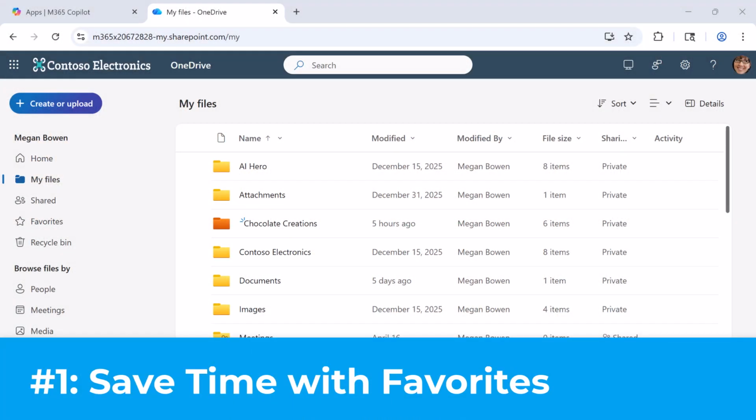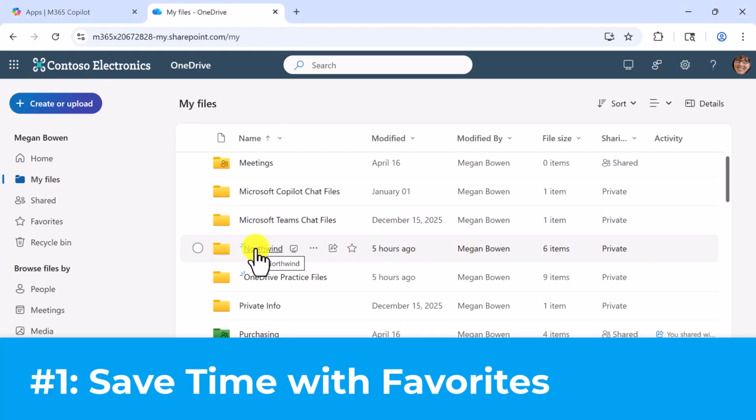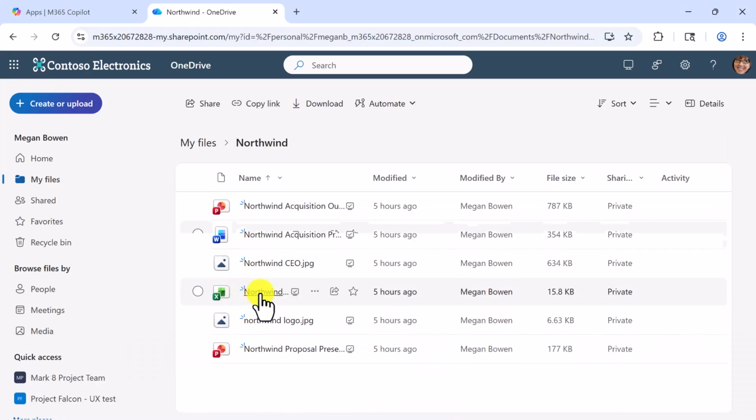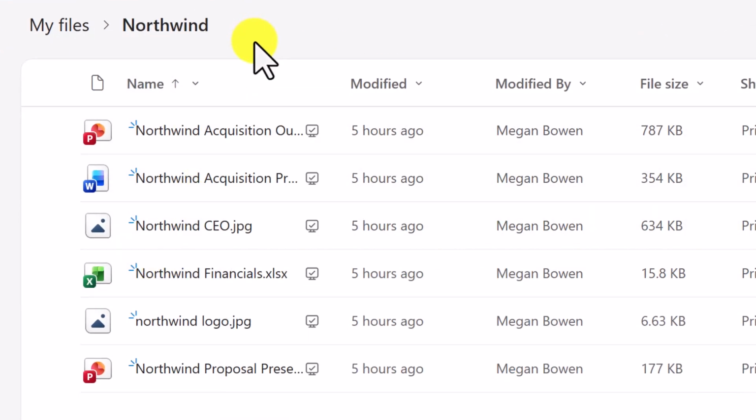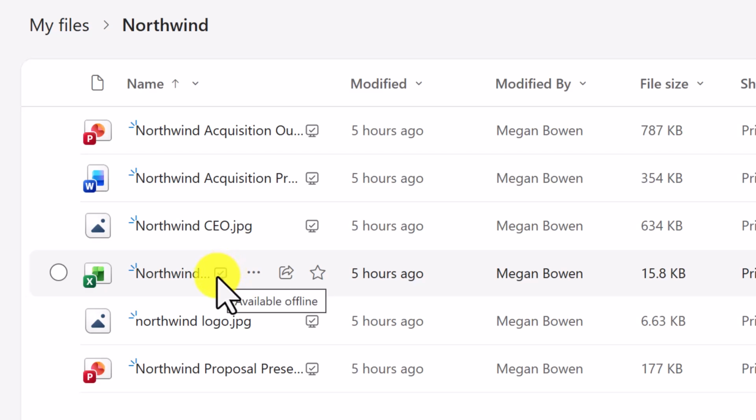You've probably used favorites before in your apps and File Explorer. We also have this option in OneDrive. So here I'll move to my Northwind folder, and I have Northwind Financials. This is something that I'm working on frequently, and I want to get to it without having to navigate into the folder. All I need to do is just hover over the file and click the star to make it